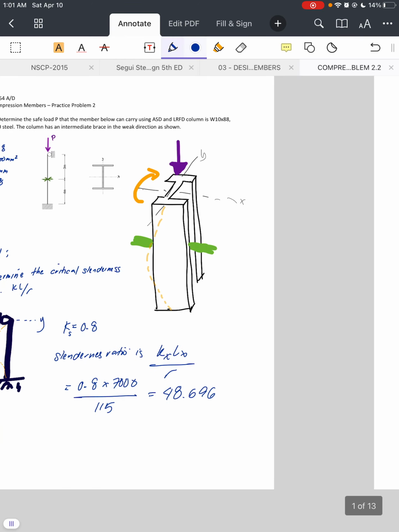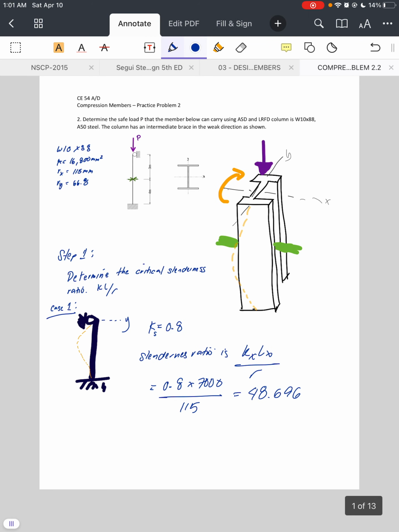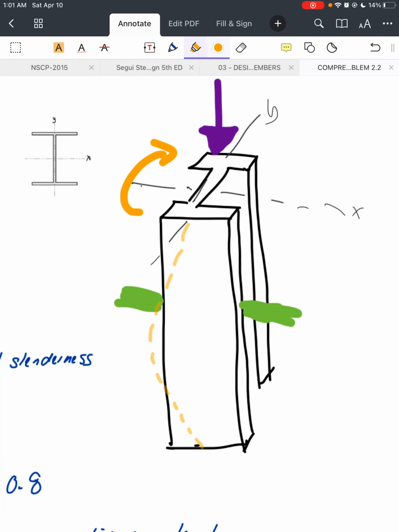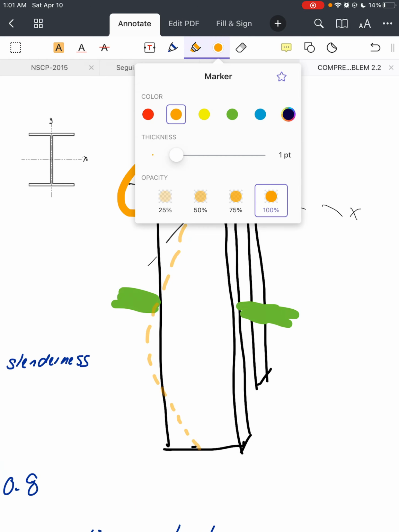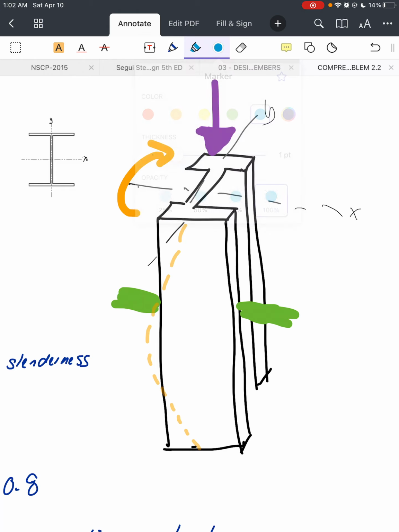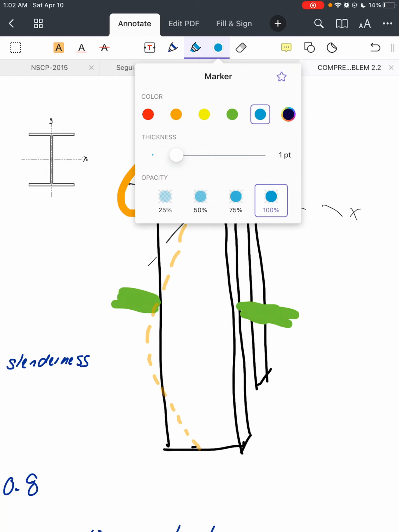So let's now have our case number 2. Okay. So for our case number 2, we will have our buckling about the y-axis. Okay. So let's visualize it. So I think let's use this color blue. Alright. So you have here your buckling